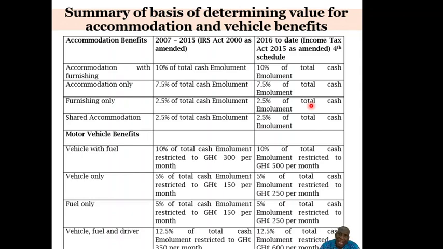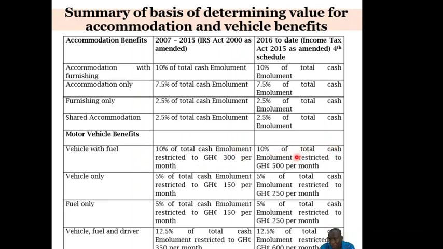The next benefit in kind calculation we want to look at is vehicle benefit. This facility comes in where the employer gives an official vehicle to the employee, which he uses for both official and private purposes. It is the private factor that brings in the motor vehicle benefit. And again, you have to look out for what facility was given to the employee in the question. Was the employee given a vehicle with fuel or fuel coupons? If the employee is given a vehicle with fuel and fuel coupons, then it's going to be 10% of the